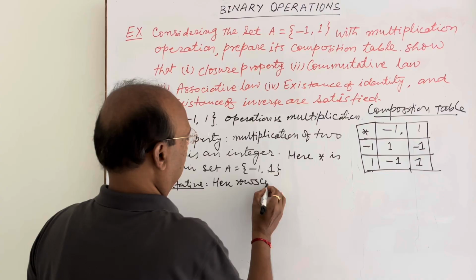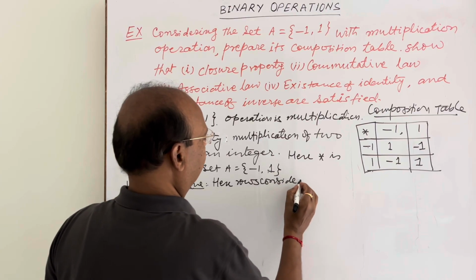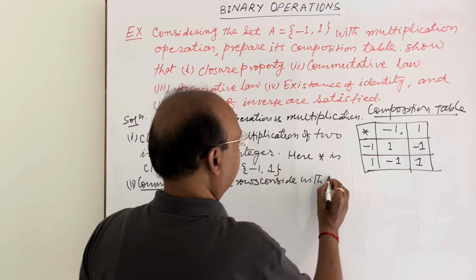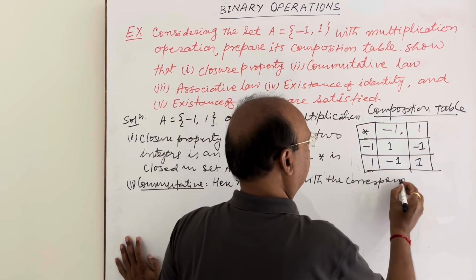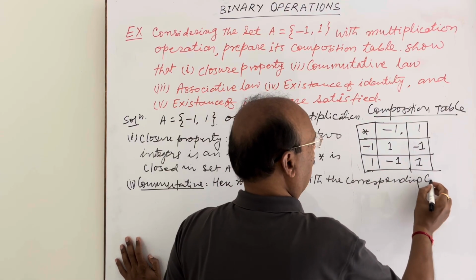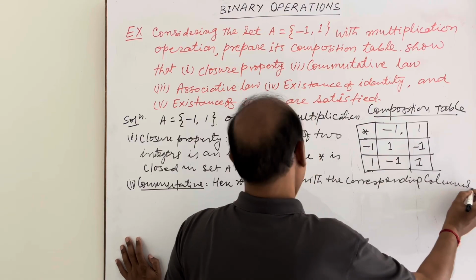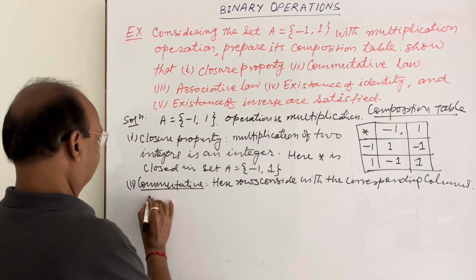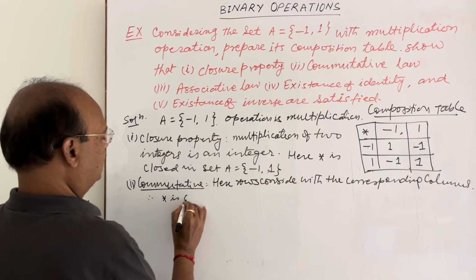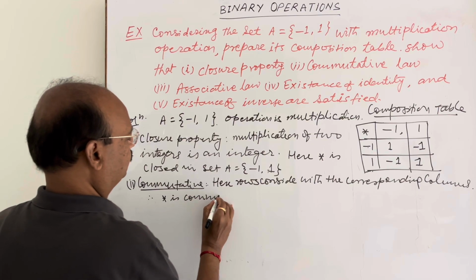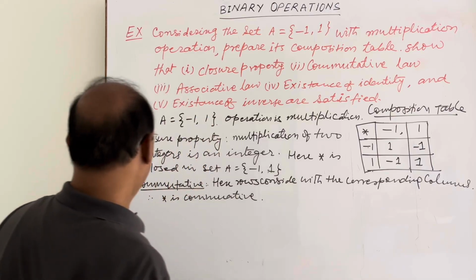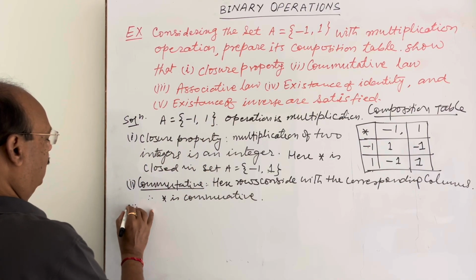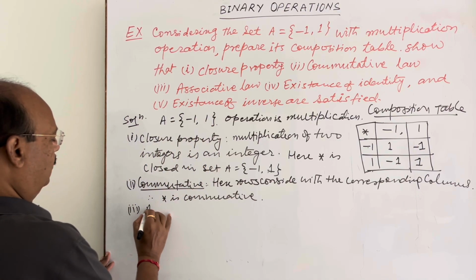Okay, so here rows coincide with the corresponding columns. Therefore, this operation is commutative. Now next we have to show that this operation is